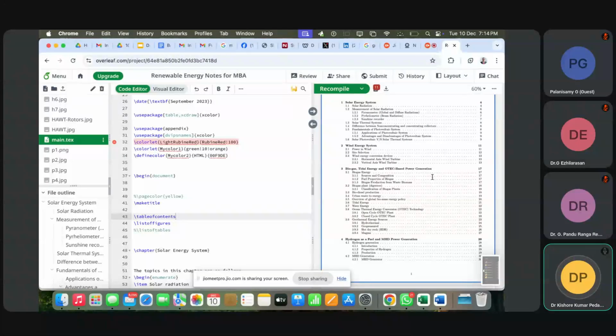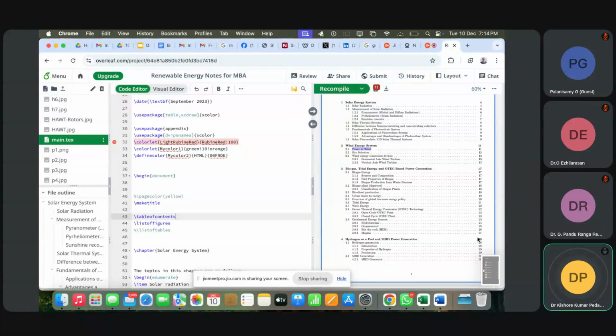Definitely it will take more time, because every time you have to check. For example, power in wind is on the 11th page, and site selection is on the 12th. You have to come here and write 11 again, then go to site selection and make it 12. Suddenly, if I show this to my guide, he may say, add 2 pages here. What happens to all these things? In a Word file you have to change all of them, but in LaTeX there is no need to change. That is the beauty.